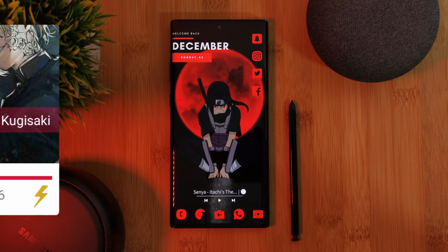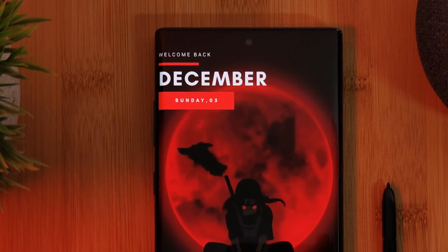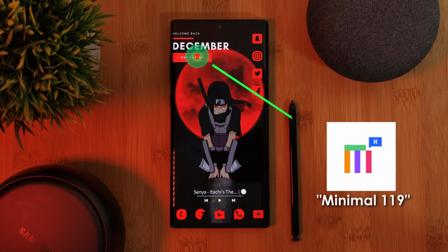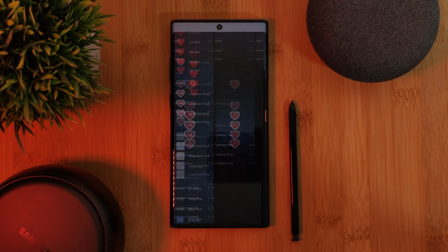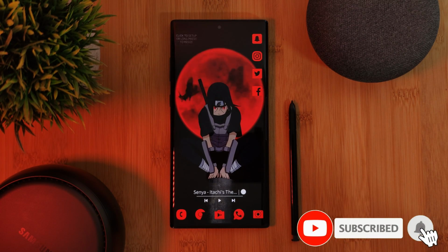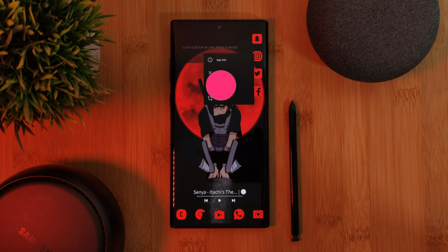Next up, these awesome KWGT widgets. Starting at the top of the screen with this bold date indicator, courtesy of the Miniism pack, Minimal 119. So let's start by loading in the KWGT layout to our home screen, and then we want to resize it so it looks something like this. And to make sure the widget reaches all the way to the edge of your screens, long press it and